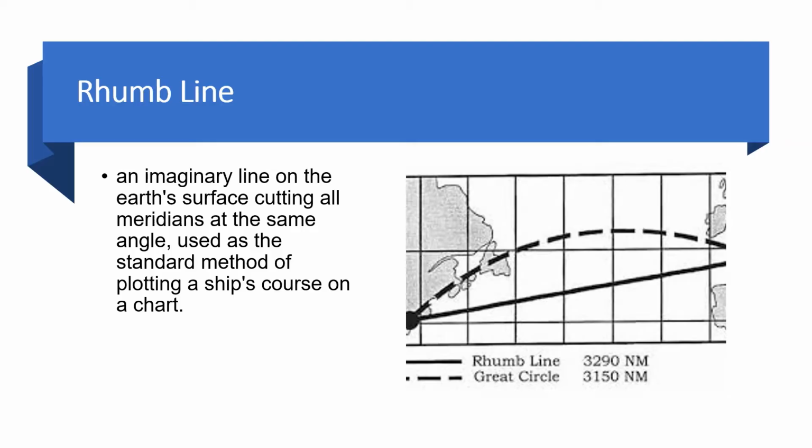I will quickly explain what a rhumb line course is and what a great circle course is, and then I'll move into the video to show you how to find these values in the ECDIS. So the rhumb line will be the shortest distance between two positions if the earth was flat. It is drawn as a straight line on a Mercator chart. A Mercator chart is a chart where the longitudes are drawn as perpendicular and parallel lines. However, the earth is not flat, it is a sphere.